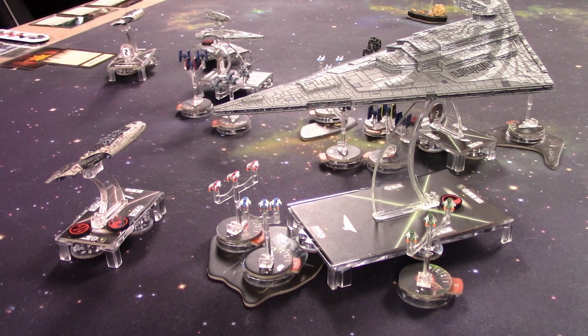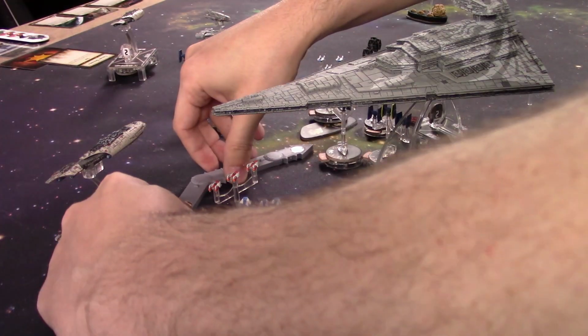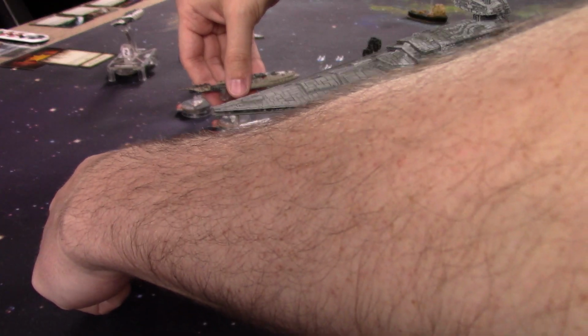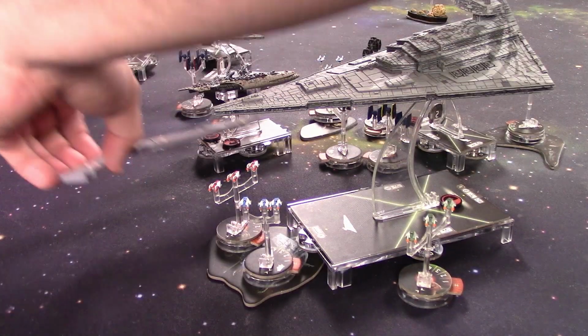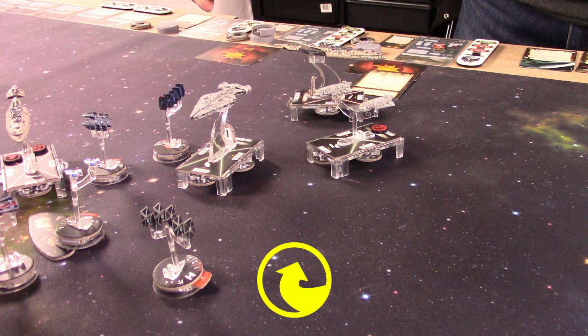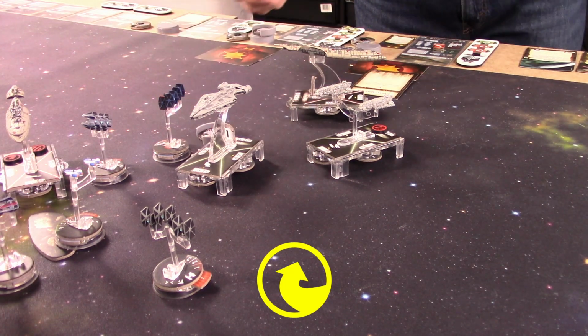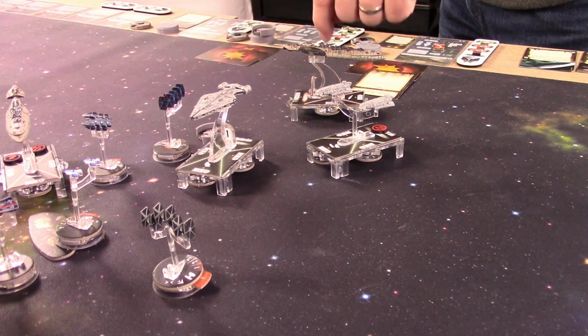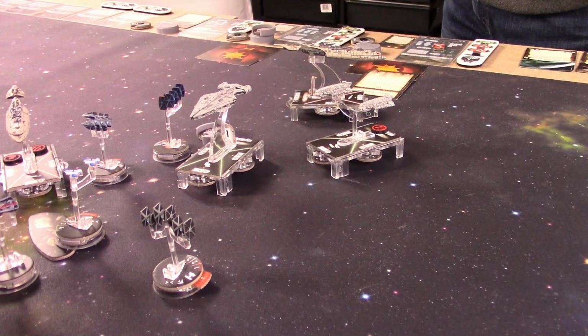I don't think this ISD is going to last too much longer. I hope not. And then with the dial, we're going to crank this bad boy into combat, landing it right there. Arquitens number 1. We have a navigate. We are going to use that as the dial. I can only make 1 shot against a ship, so I'm going to go from my rear to the...